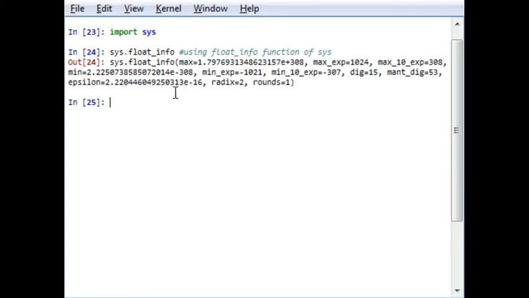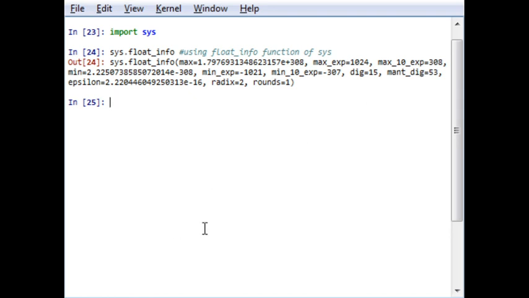Enter. So here you can see the system float info. The maximum number which can be expressed by this system is 1.79 into 10 raised to 308, and maximum exponent is 1024. This information changes by system. Maximum 15 digits, minimum digit 59, epsilon is 2.6 something.